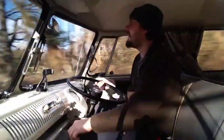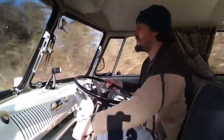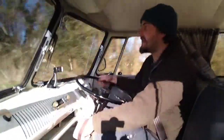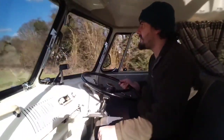Just put my foot down and it just surges into the power without being crazy. You know, if you're using a vehicle as a wedding hire vehicle, or you've just got your kids in the back, it's not going to make people feel uncomfortable. It's not some crazy thing that's going to break your neck. It's nice and smooth. But obviously, you know, if you want to have a bit of fun, you can just drop a gear and just